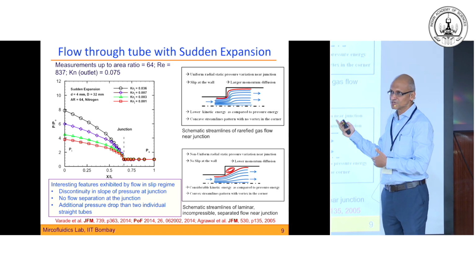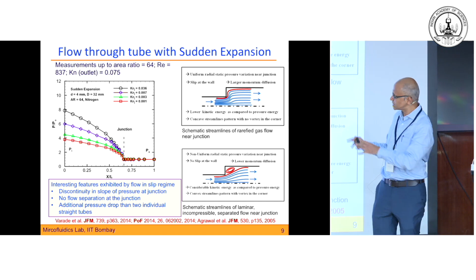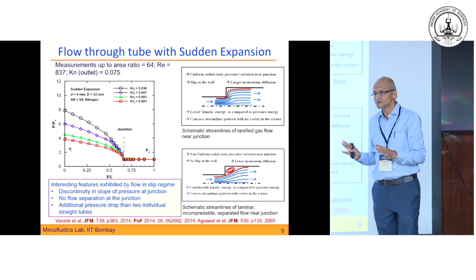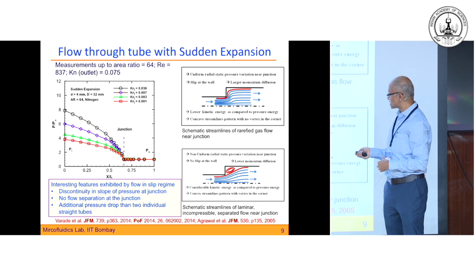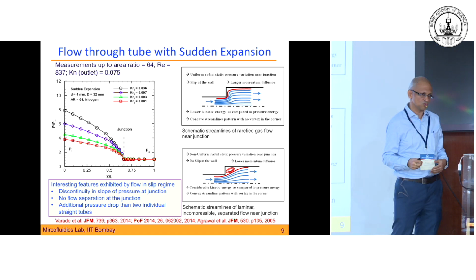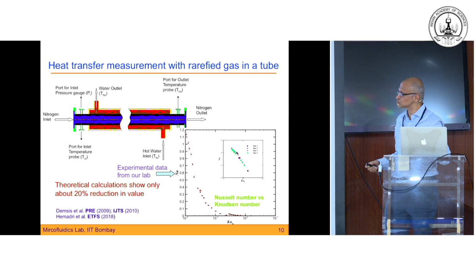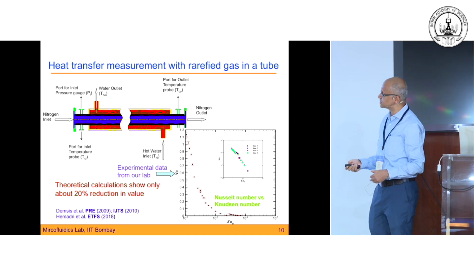So that's one part, but the more important part is that we cannot model these flows again with the Navier-Stokes, and you are not just unable to capture this sort of local behavior correctly, but the gross behavior of the flow overall also turns out to be very, very wrong. So again, it's just trying to expose the limitations of Navier-Stokes.